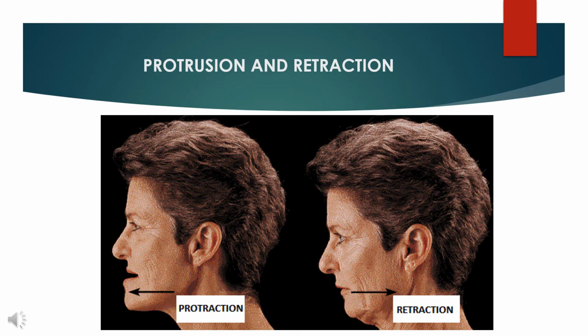The lateral pterygoid muscle is responsible for protrusion, which is assisted by the medial pterygoid muscle. The posterior fibers of the temporalis perform the retraction. Now you are going to see the video of protrusion and the retraction and how the muscles help during the protrusion and the retraction movements.